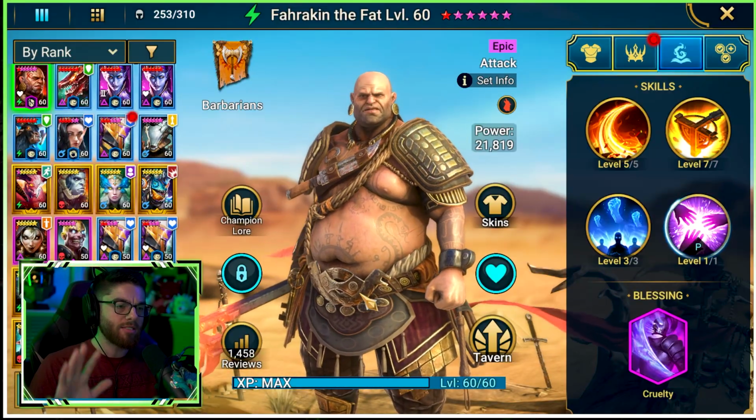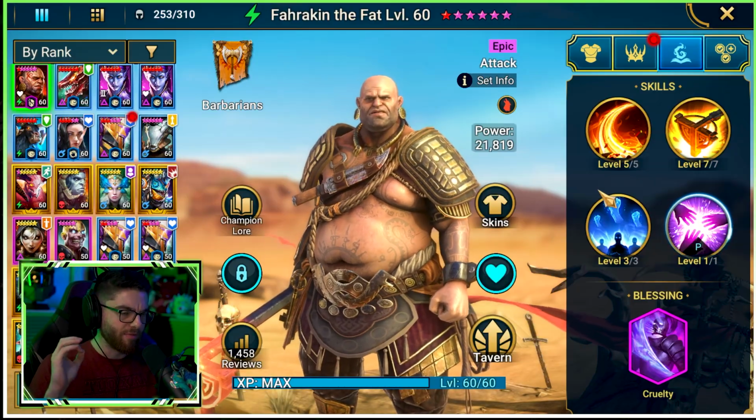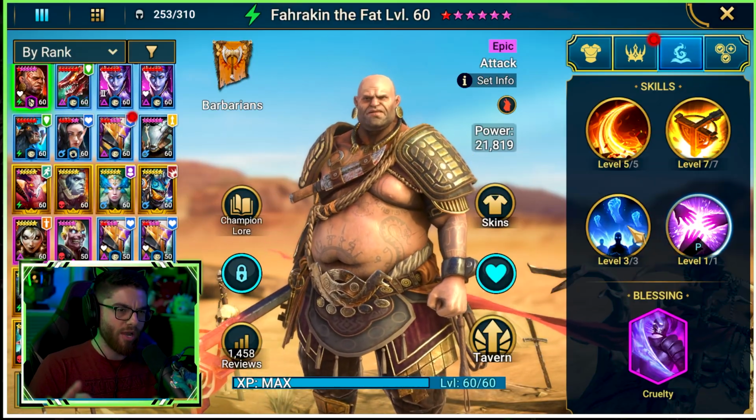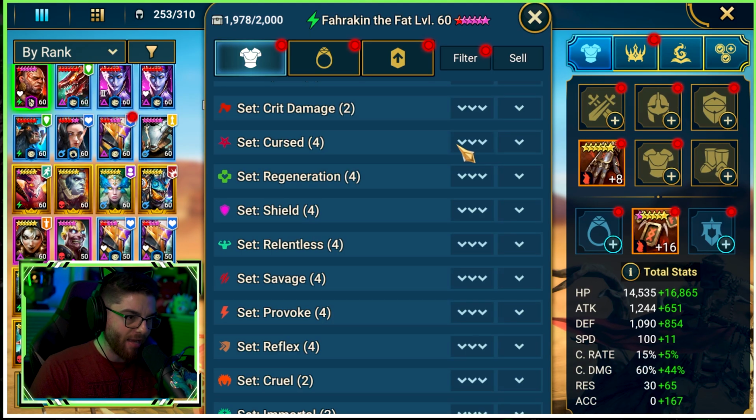So let's go ahead, guys. Now that we've explained how his kit works, let's talk about some different gear sets, stats that we want to be aiming for, and so on and so forth with Fatman over here. So admittedly, I don't have my Fatman built because I'm on my main account right now, but that doesn't mean that I can't tell you the stats and the sets that you want to